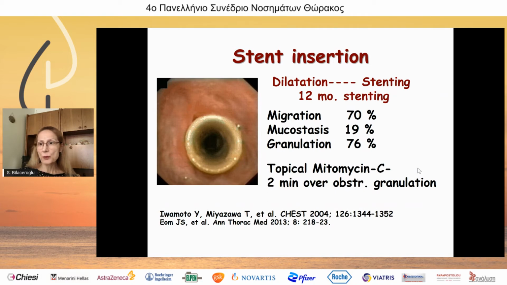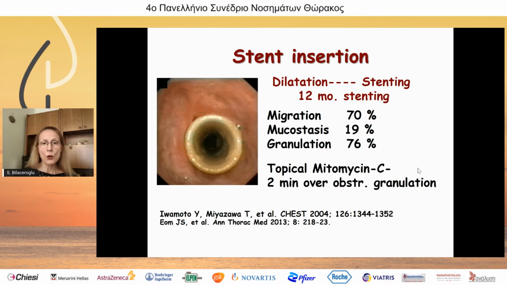First, dilate by using balloon or rigid bronchoscope, and if the lumen is not patent enough, use a silicone stent and keep the stent there for 12 months at least. Of course, silicone stent has complications, and the most important complication is granulation tissue in most of the cases. For this,